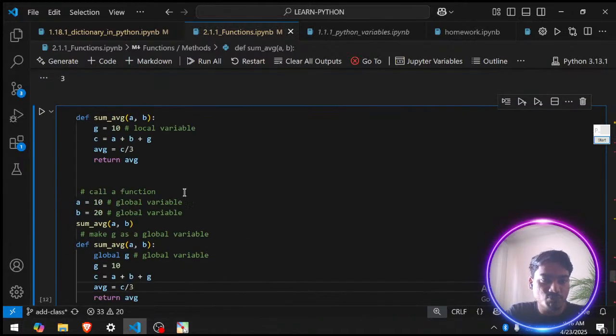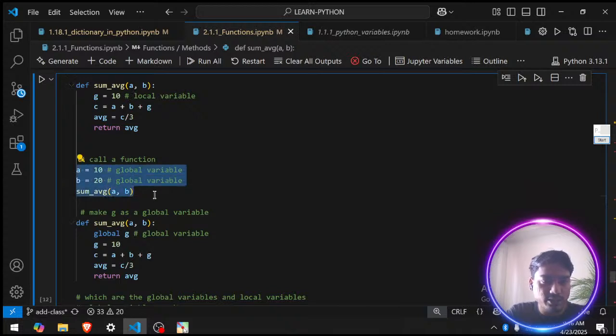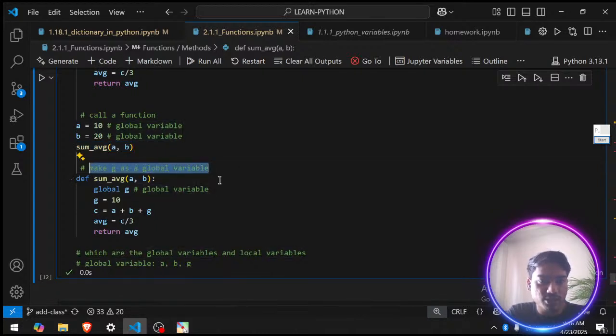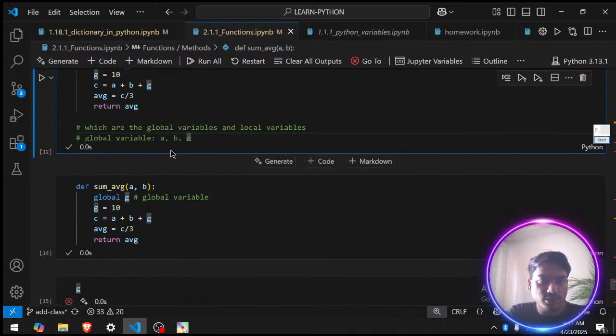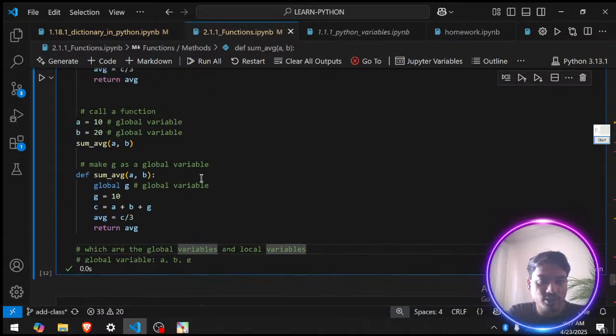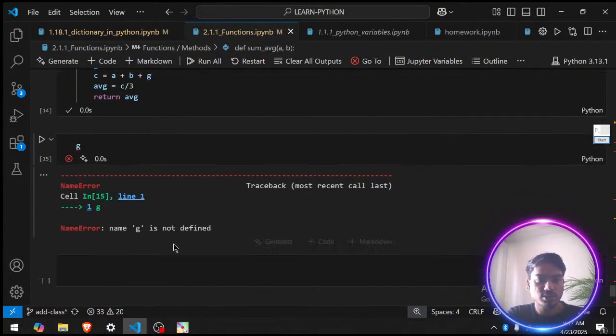so the first thing is how to call it, ठीक है, call a function, so you can call like this, you can define this outside a function। ये outside हो गया, राइट, outside हो गया मतलब ये global हो गया, you can call a function। so the second task was make a g as a local, sorry global, so ये इसको इस command से you can make it a global। एंड द थर्ड क्वेश्चन इज कि कौन से ग्लोबल वेरिएबल्स है, तो एज ऑफ नाउ तीनों भी ग्लोबल है, ठीक है। इनिशियली जी वाज लोकल, लेकिन हमने इसको ग्लोबल में चेंज कर दिया, ठीक है, ग्लोबल में चेंज कर दिया।